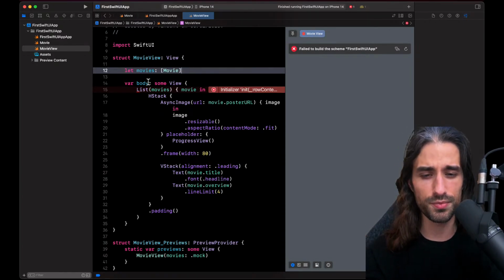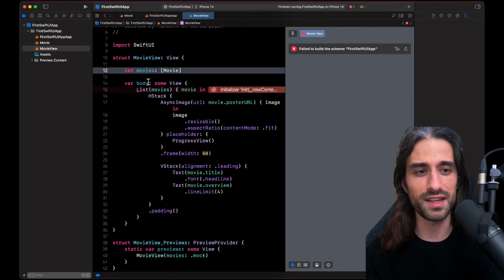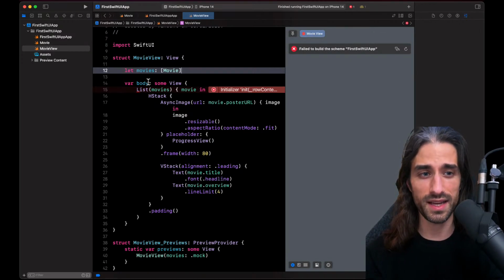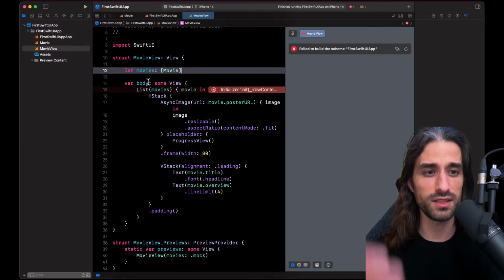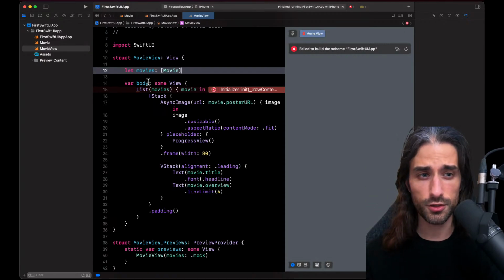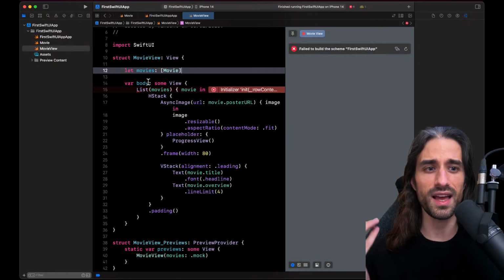So SwiftUI will compute the diff between the previous array of data and the new one, and then it will animate the list accordingly by animating out of the list the cells or the rows for the data that left the array and making an animated entrance for the data that was added to the array. And if some element in the array changes position, then it will animate the change of order in the list. But in order to be able to compute a diff, SwiftUI needs a way to identify a piece of data, to say, okay, these two pieces of data are the same or they are not. And for that, it needs an ID.